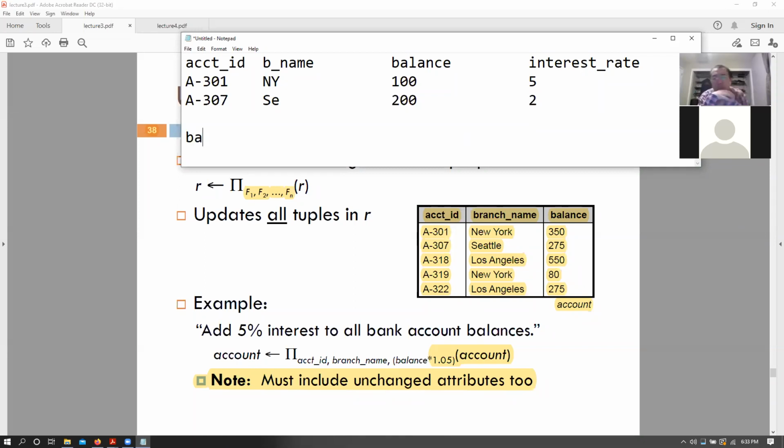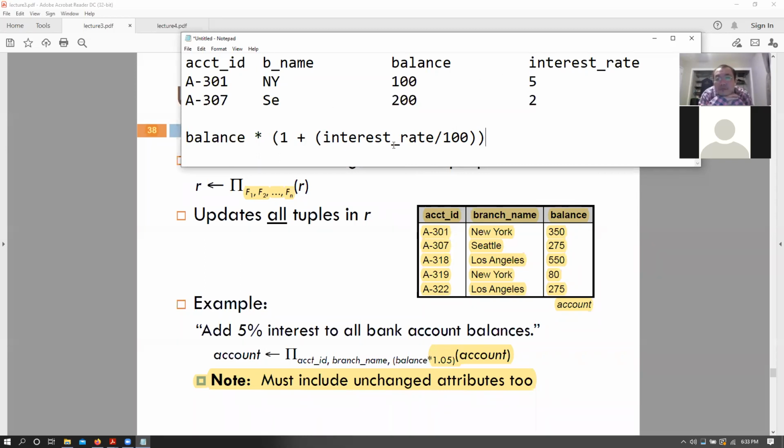So balance times 1 plus interest rate by 100, right? So this would be your equation to update your balance. So 1 plus 5 by 100 gets me 0.05.